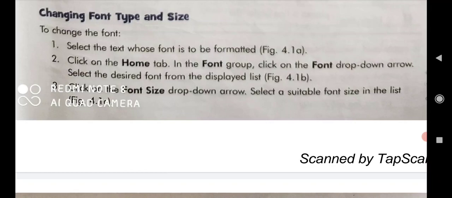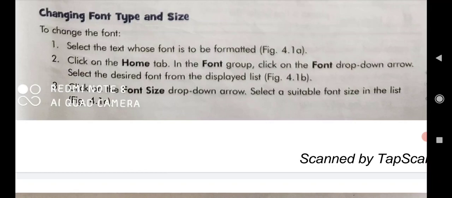Then click on the Home tab, and in the font group click on the font drop-down arrow.